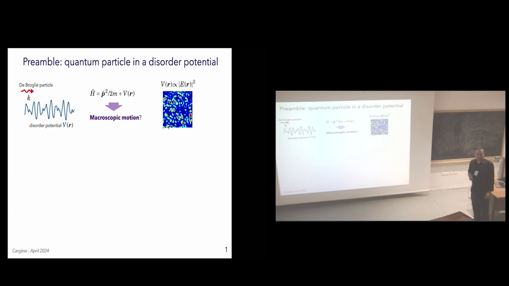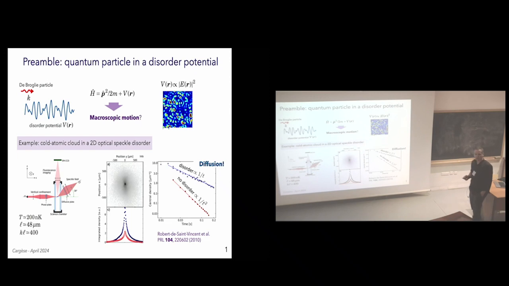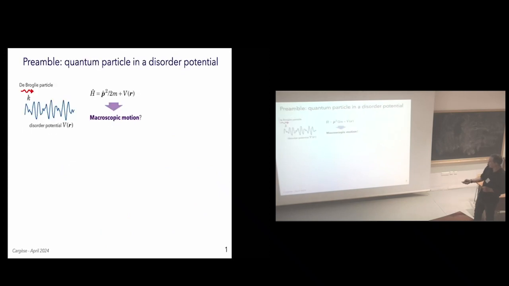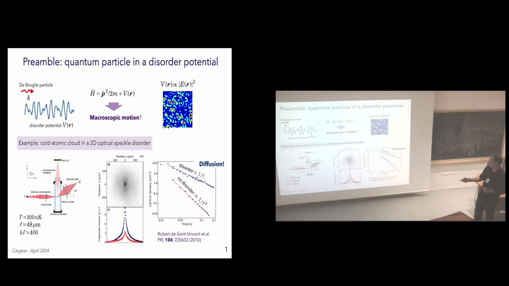Right, so now to illustrate what this macroscopic motion may look like, let me first show you the result of this cold atom experiment from 2010 from Institut d'Optique in the group of Thomas Bourdel. What they did here was to confine a cold atomic gas in a 2D plane using lasers, and then they studied the time evolution, the time spreading of this cold gas in the 2D plane by further subjecting it to a speckle potential.